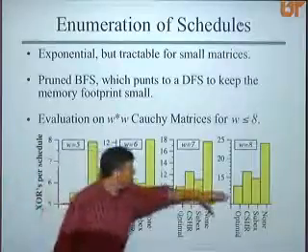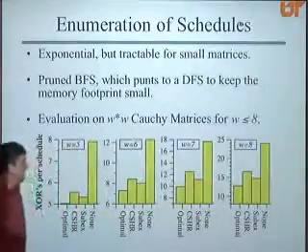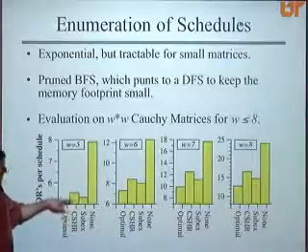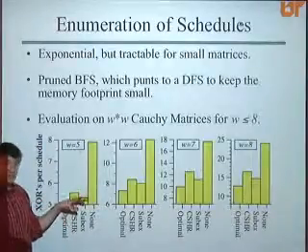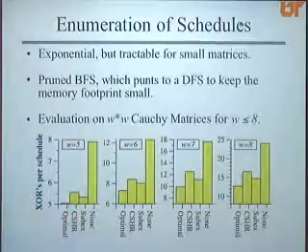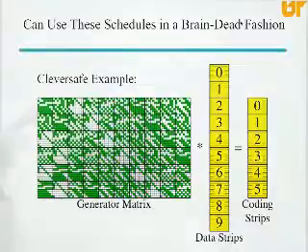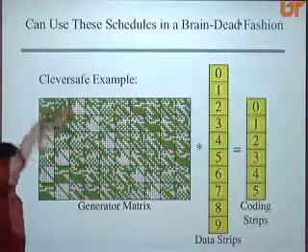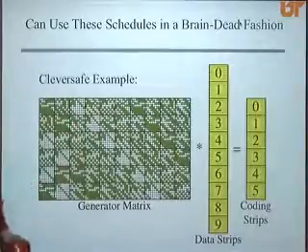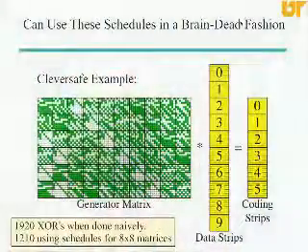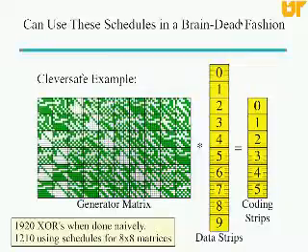And of course, the gap expands as the matrix gets bigger. So what this meant to me was, it's worthwhile trying to improve this. That was the end goal I got out of this. Now, you could use these results, right? You could take this CleverSafe example, and since I now know an optimal way to schedule each one of these submatrices, I can glue them together and come up with a scheduling of this gigantic matrix, which ends up improving the performance. If this matrix takes roughly 2,000 XORs when you're doing it naively, if you use the optimal schedules, you can drop that down to 1210, which is significant, but we can do better.